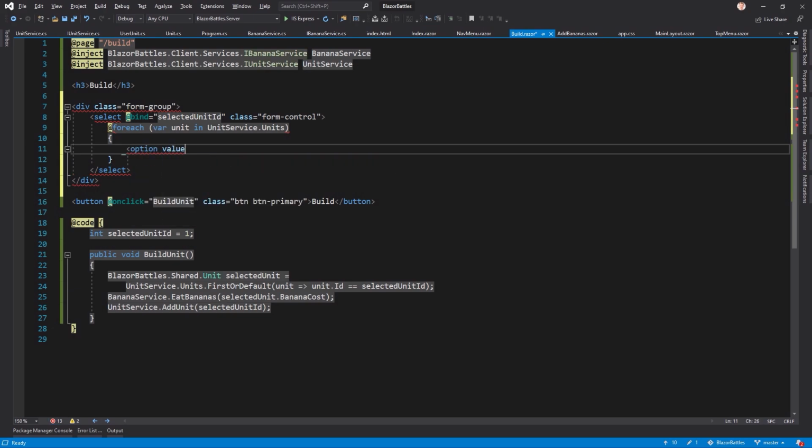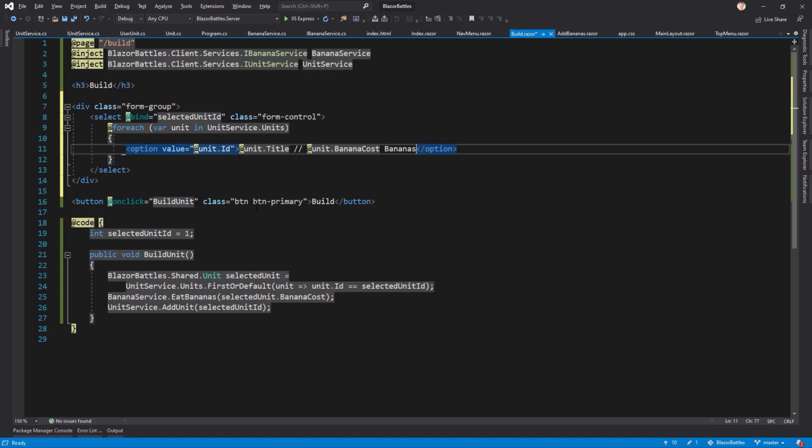So option value would be then @unit.Id, and this unit here now is the unit of the current iteration of the foreach loop. And we can also use any property of this unit, like the title, for instance. And of course, the banana cost, and then add the text bananas,